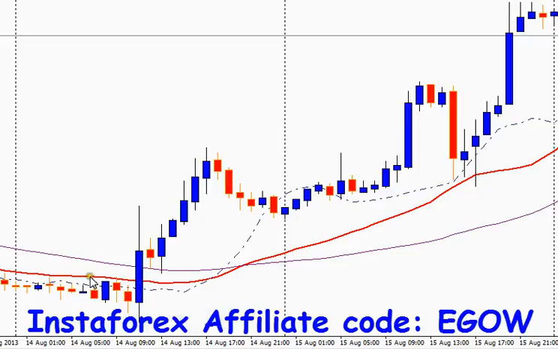If this moving average was crossed, we want to place an order, and if this moving average is crossed, we want to place an order. So even if only one moving average was crossed, we want to place an order.